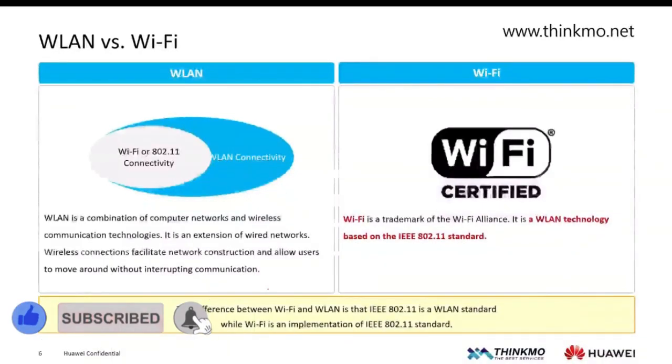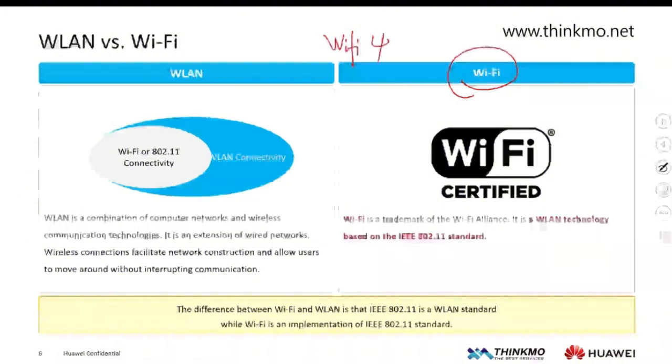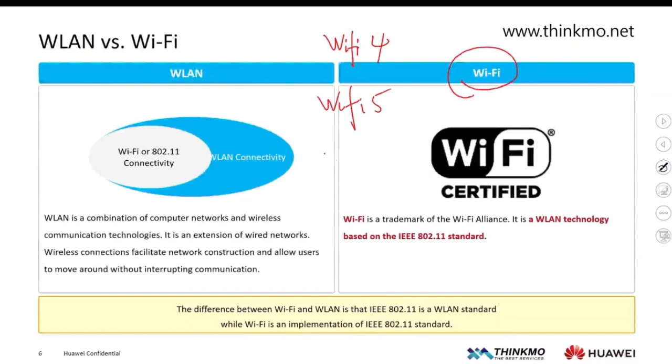Hello everyone. Today we will continue with the overview. The naming and frequency of WLAN and Wi-Fi. In our daily lives, Wi-Fi is used the most frequently. Why is that? Because we mainly see it labeled as Wi-Fi on our devices. Wi-Fi 4, Wi-Fi 5, Wi-Fi 6. Like this. These naming conventions correspond to different technical standards.